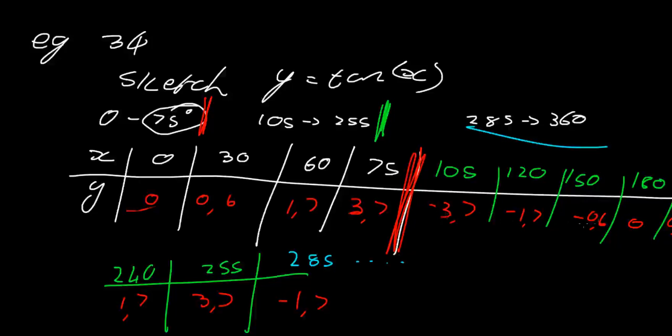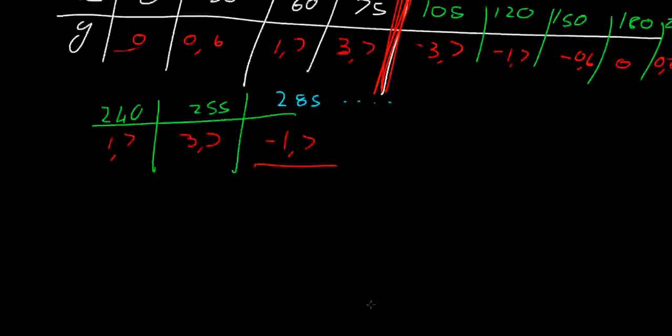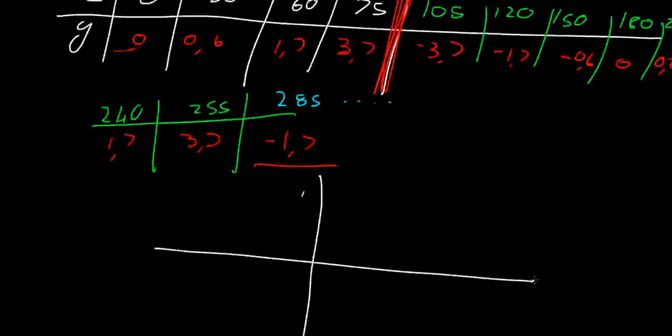Then they increase, increase, increase, up to 3.7, then they jump back down to negative. So what's happening there is that the tan graph is discontinuous. It has asymptotes. So we were sketching for positive values only. So what's interesting about the tan graph,